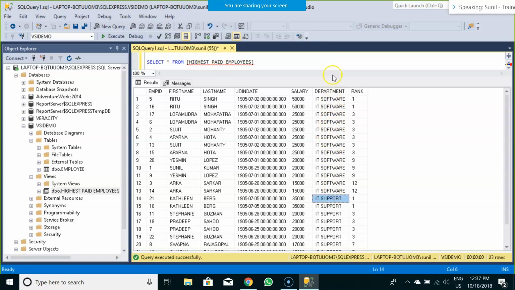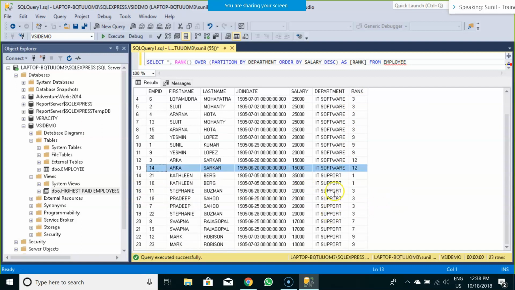So what I did, I first partitioned by department in my query, and on that partition I applied the order by salary in descending order. So it picked up the IT software department first, then ordered the salary in descending order, and started ranking. After this partition ranking is done, the next partition was selected, that is the IT support department, and then their